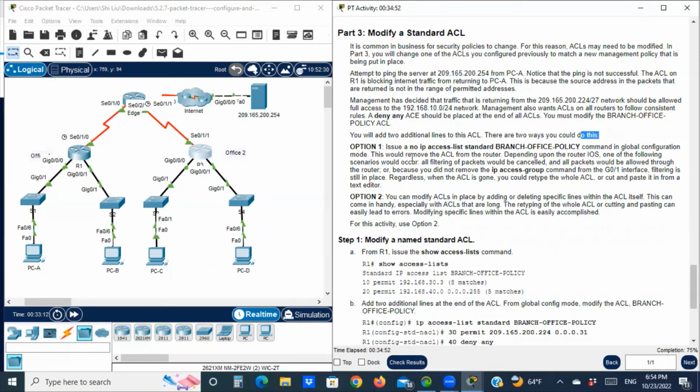Option 1, issue a no ip access-list standard BRANCH-OFFICE-POLICY command in global configuration mode. This would remove the ACL from the router. Depending upon the router IOS, one of the following scenarios would occur. All filtering of packets would be canceled, and all packets would be allowed through the router, or, because you did not remove the ip access-group command from the G0/0 interface,